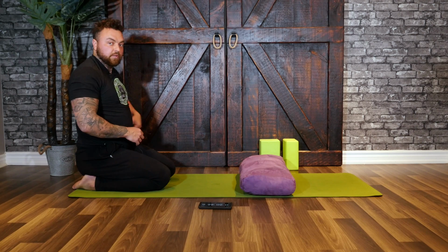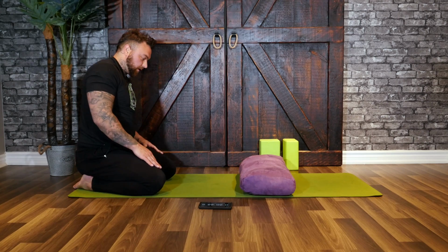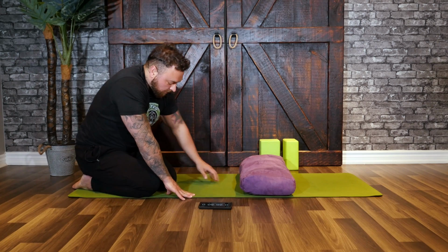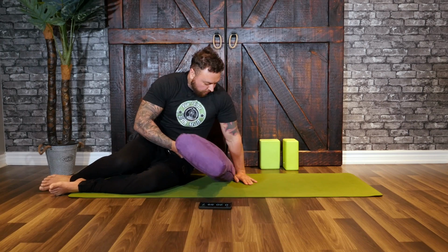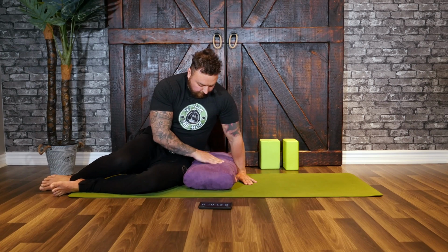And when you're ready, we're going to work on the side of our bodies here. So I'm going to invite you to turn onto your left hip here, and then you can just bring your legs together. We're just going to place the bolster in between our hand on the floor and the hip,